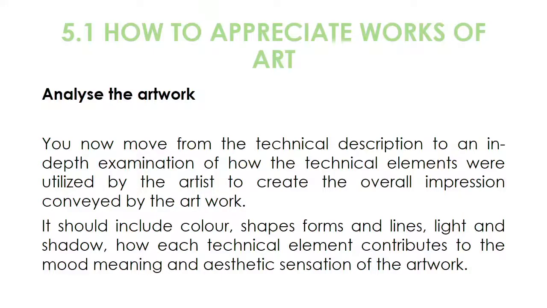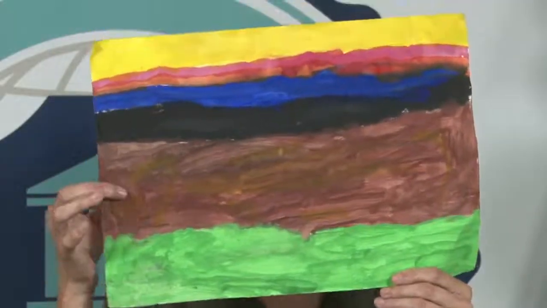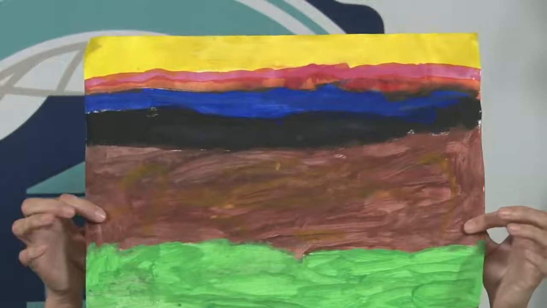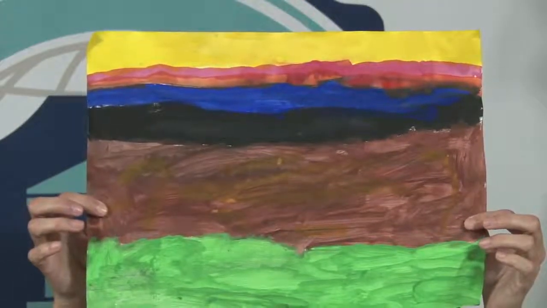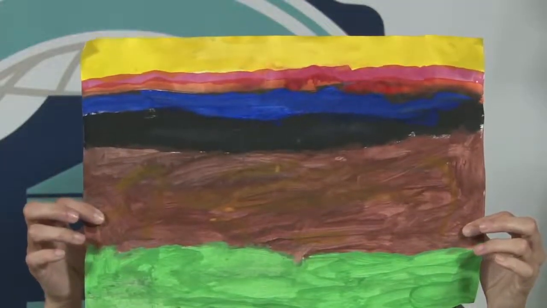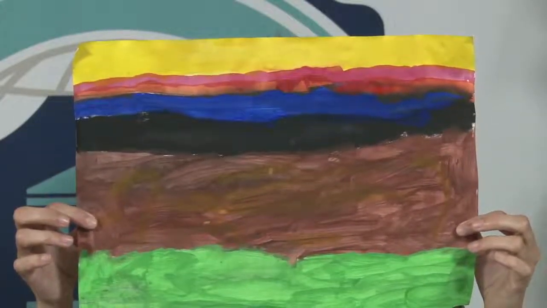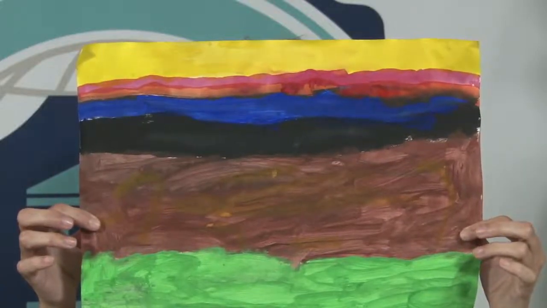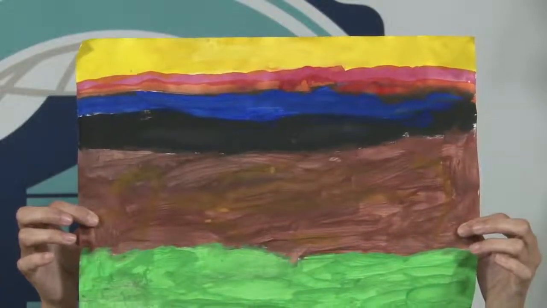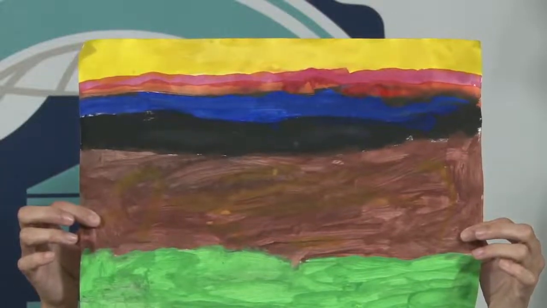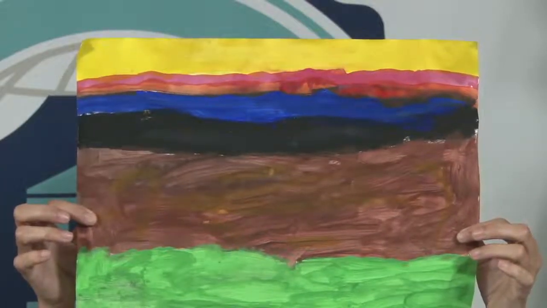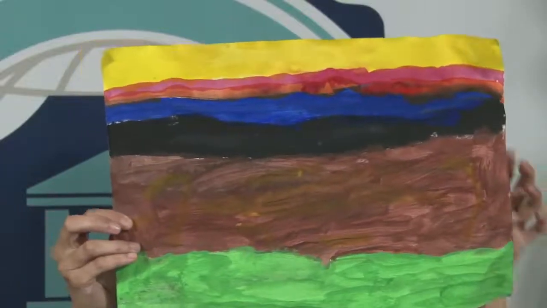Now, for example, if we look at this artwork, I've just said that there are very vivid colors used, and now we can see what is the use of these colors that we've noted in the technical description. How is that conveying the idea or the meaning that the artwork aims to create? And I would say, for example, the use of vivid colors tells you the brilliance of a sunset in Namibia.